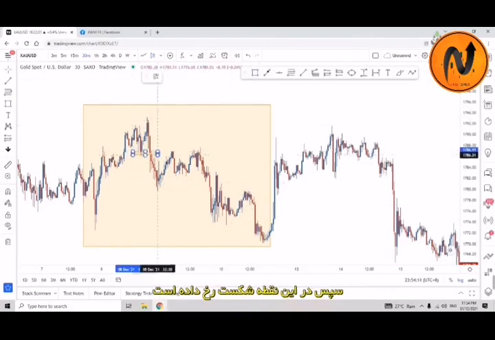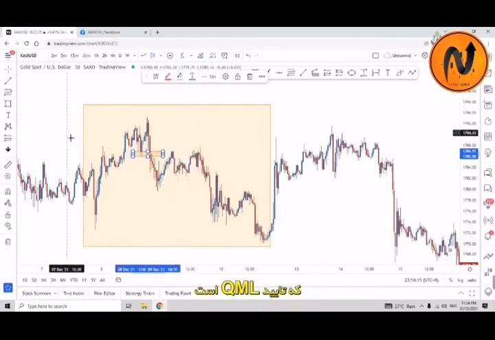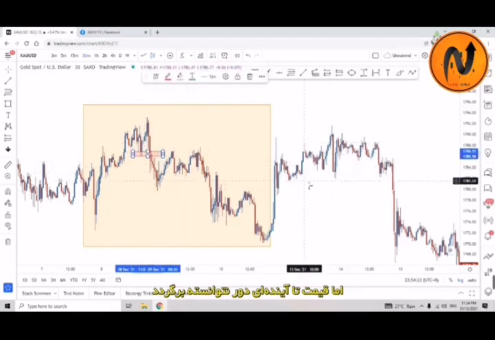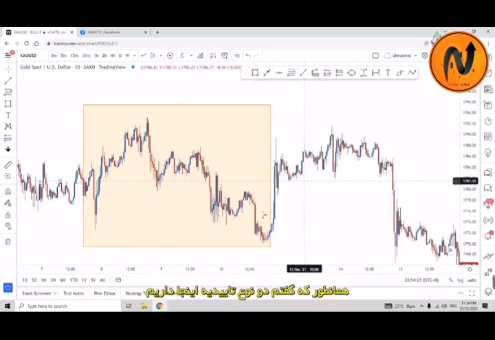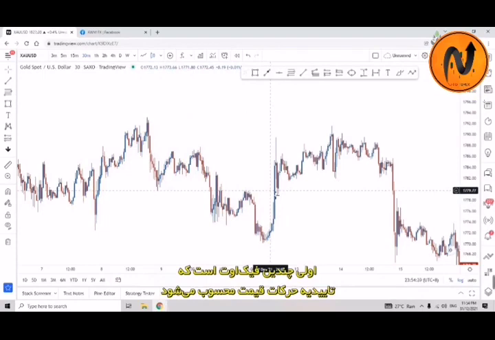There is a break at this point, which is confirmed as a QM level. It can be confirmed as a QM level. However, the price did not make comeback until quite far end. So what we have over here is two types of confirmation that I told before. First is that a lot of fake out, which is price action.